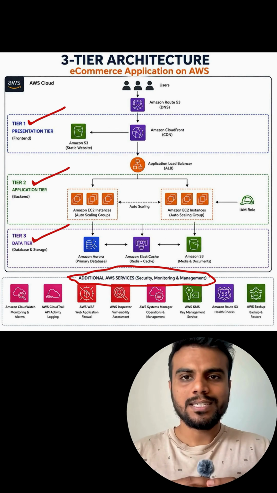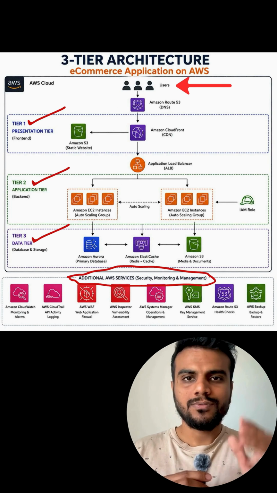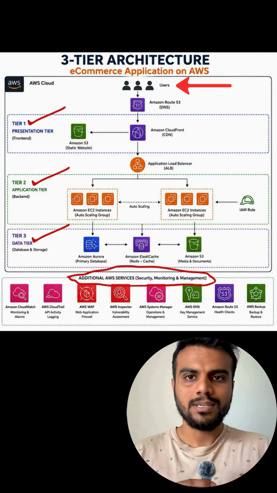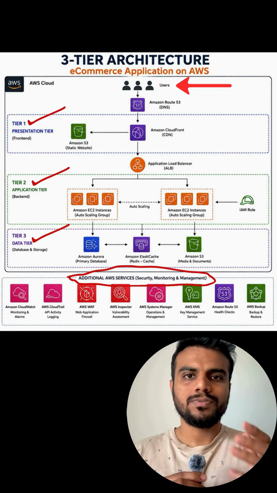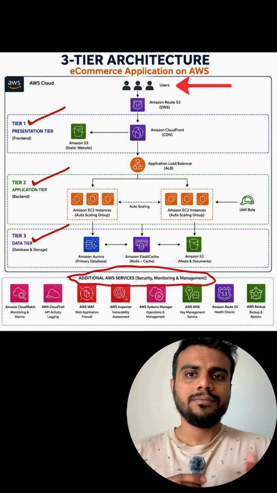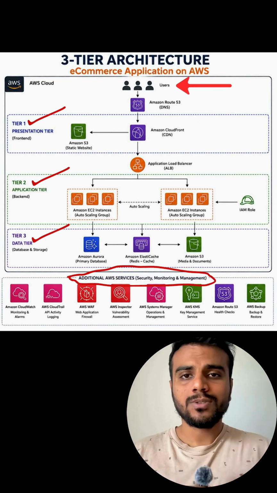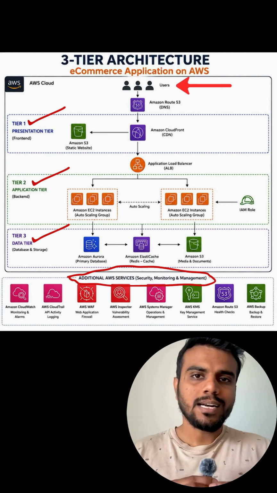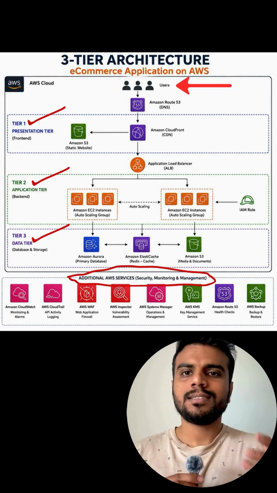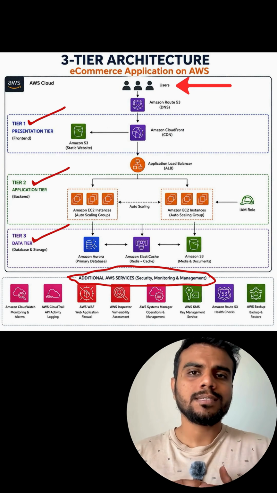So let's start with the presentation tier. The user request first reaches Amazon Route 53, which handles the DNS resolution. Then comes CloudFront, which will act as a CDN to deliver content with low latency. And then we have our front end, that is the Amazon S3 bucket. That is where a static website will be hosted, which will include HTML files, CSS files, JavaScript, images, and other